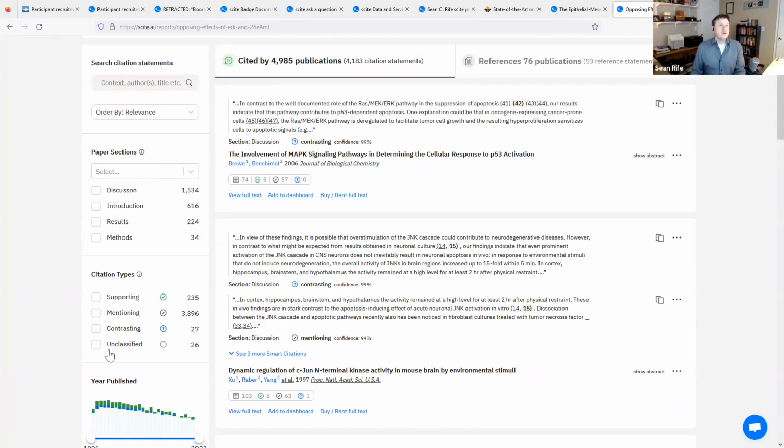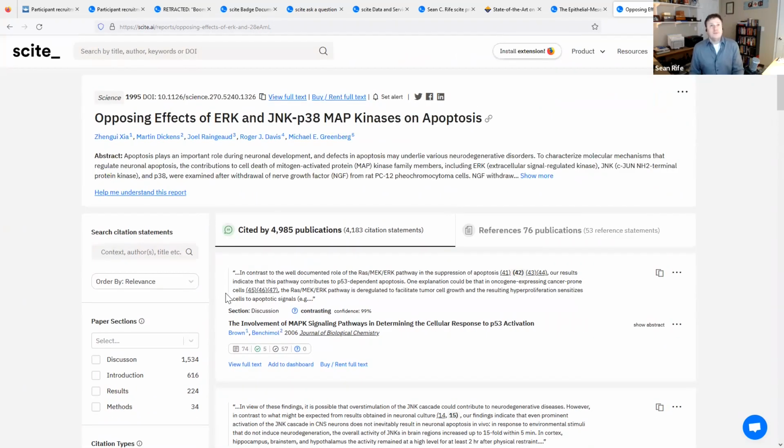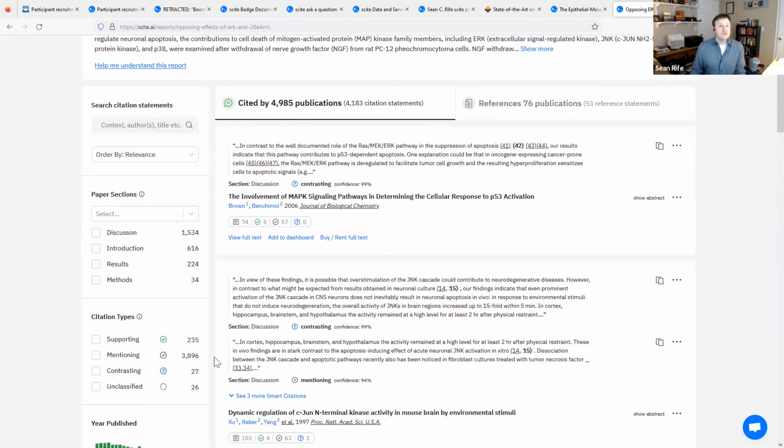So you've got a fair number of supporting citations, that is to say, folks who have replicated this work or found results that are consistent with this work. But you also have a fairly high number of contrasting citations. If you have experience in bibliometrics, you might be aware that contrasting citations, or negative citations, are the least common category. The ratio to the number of overall citations is actually fairly high. So we would call this an area of active research or of active debate on this topic, just based on the ways in which this paper has been cited.